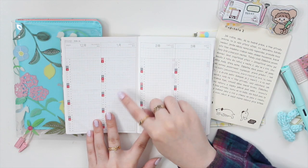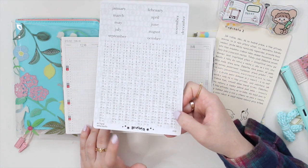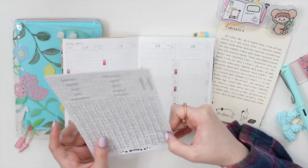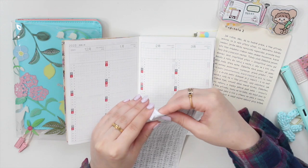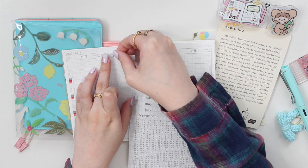Next up, you have the perpetual or vertical calendar. I'm going to be using this sticker kit from ArieBea shop. I do have a code, and that is AnnaJolene10, and I'm going to be using that to cover up this area. So again, this is in the gray with the simple, and all I'm going to do is just pull off the sticker,